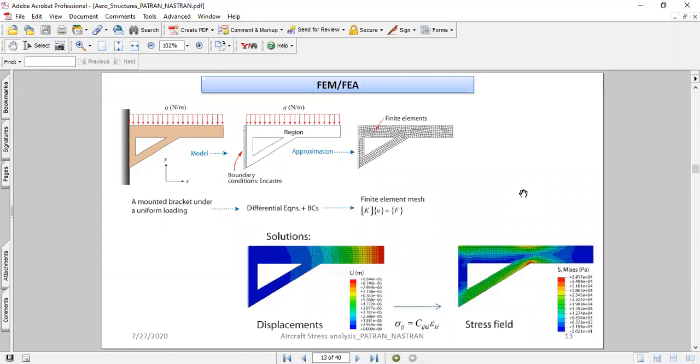A domain is broken down into multiple elements, and then on top we apply the loads and boundary conditions, and then you run the model and solve. The top three steps are done by the preprocessor, and the bottom ones are done by the post processor of a finite element tool.